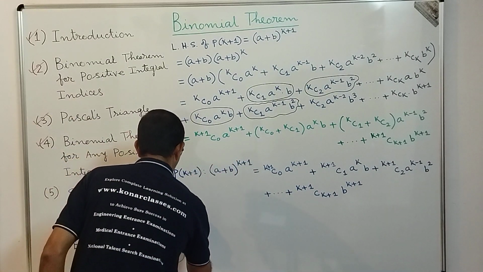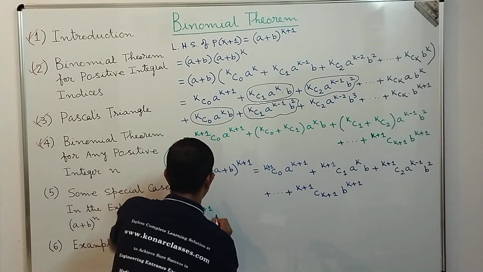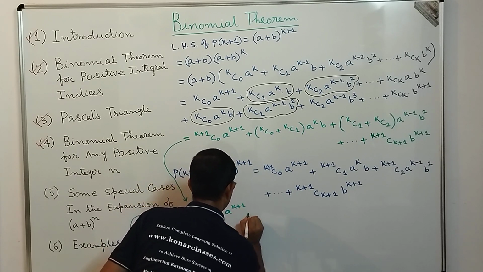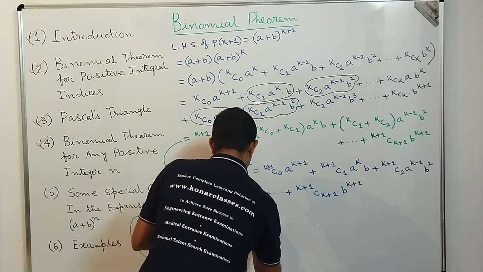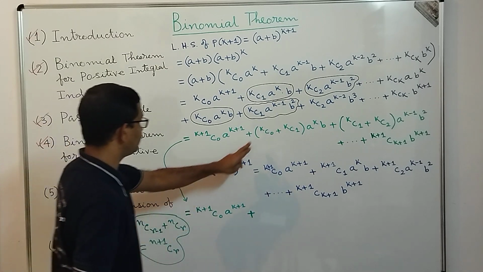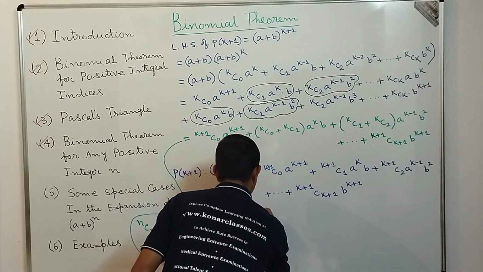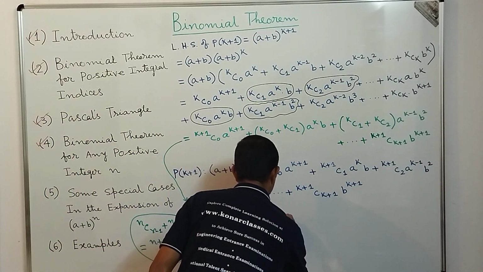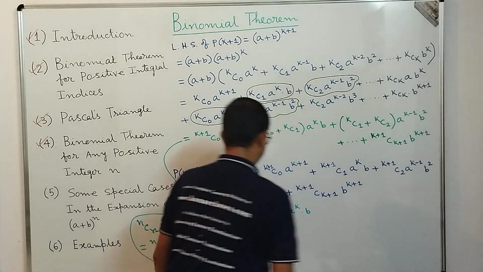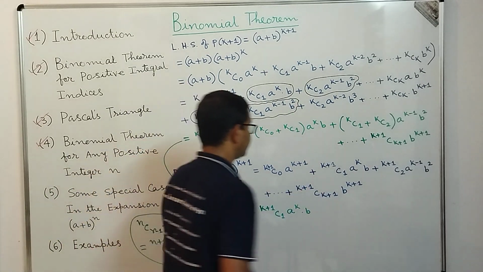So this is equal to, from here what we are going to get, so it is k plus 1 C0 into a power k plus 1 plus, you see that kc0 plus kc1, using this property we can write that is equal to nothing but k plus 1 c1, correct? So what we can write, k plus 1 c1 into a to the power k into b, correct? See, with this we are able to get the second term.